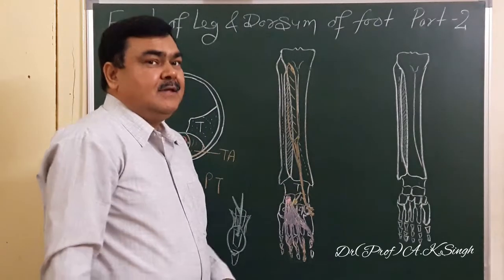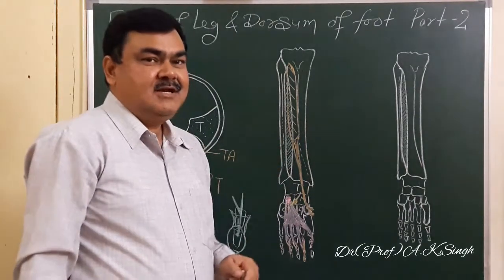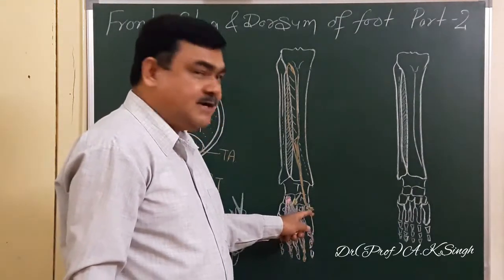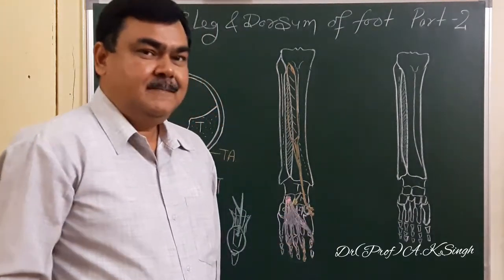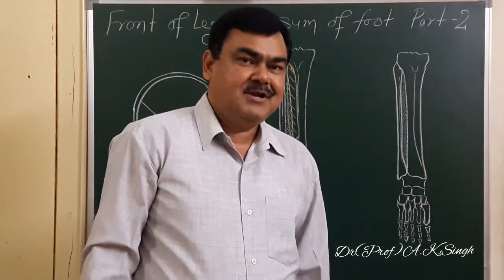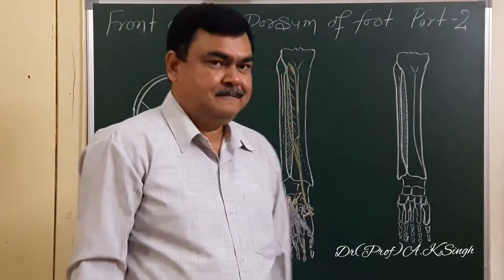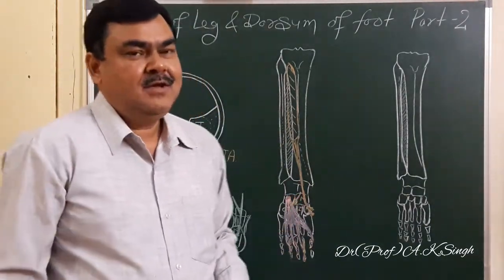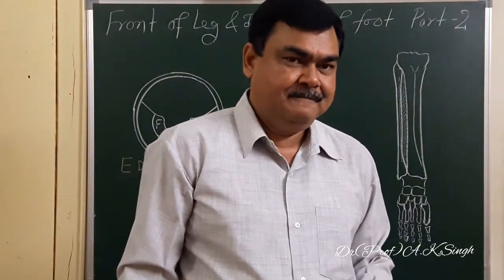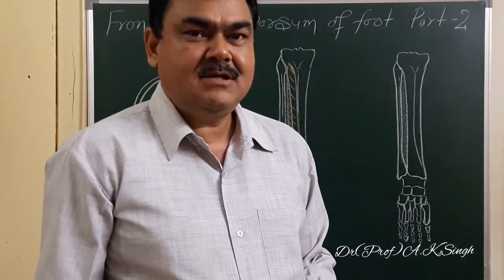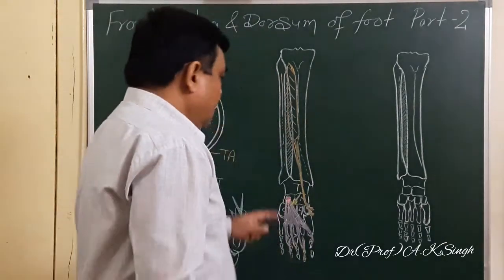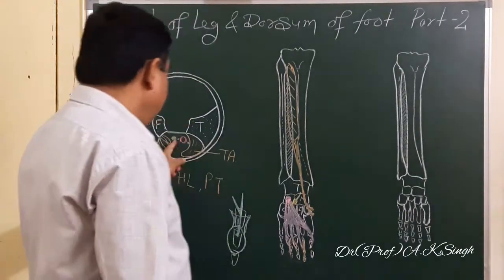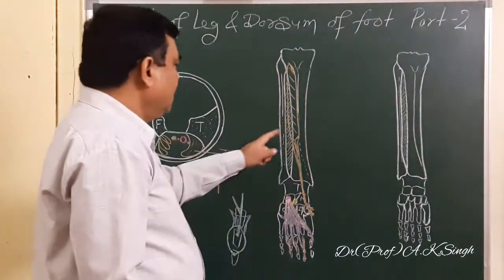It crosses this joint. So action of this muscle is dorsiflexion at ankle joint. Another action, it is inserted on medial side. So it is helping inversion of the foot. So these are two actions. It also helps in maintaining the medial longitudinal arch with the help of peroneus longus. So this is all about the tibialis anterior. Its nerve supply is deep peroneal nerve.